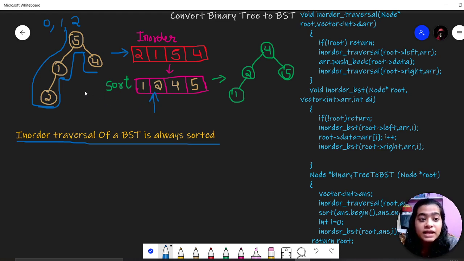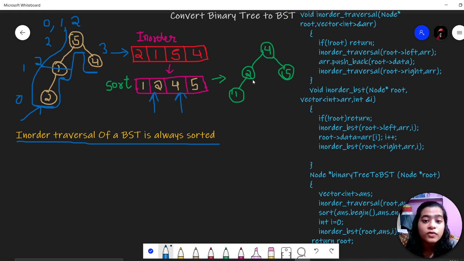We will replace these nodes from the array numbers. Because in in-order traversal, the first node starts from here, we are replacing this 1 by 2, and then we move our pointer forward. Then we replace the next node by 2, and move our pointer forward.